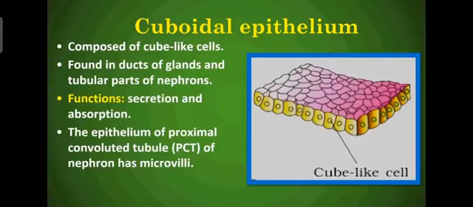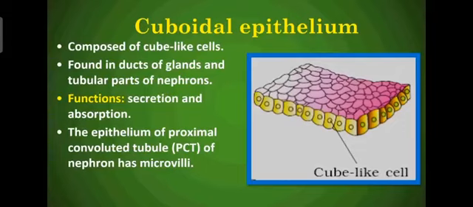So what's their function? Secretion and absorption. They secrete whichever waste materials are there into the kidney. From there, through the urine, it is released out. Secretion and absorption. Absorption means what? In the urine, if any water is there, any useful salts are there, then they get absorbed. So who is helping there? Cuboidal epithelium. So secretion and absorption, that is their function.